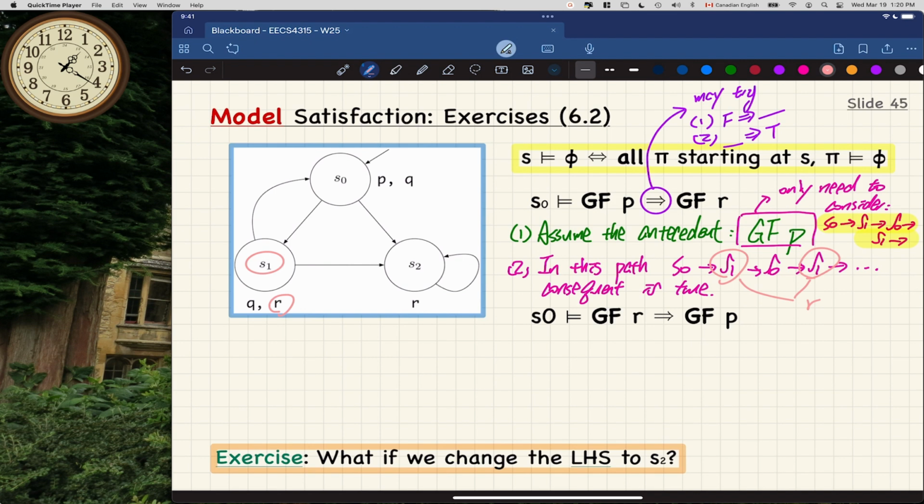You want to show infinitely often. If you go back to the strategy that we spoke about last time about infinitely often, you actually see about proving implication, right? You will see that one of the strategies is about proving true implies true. So this is just one example of that.